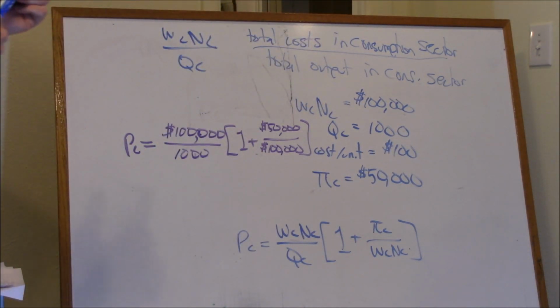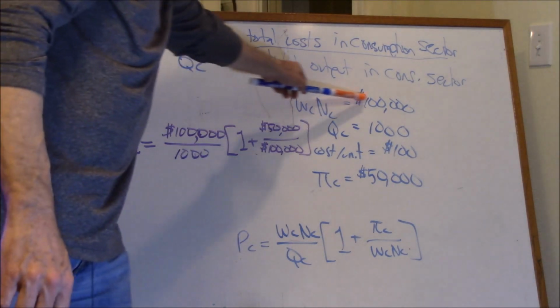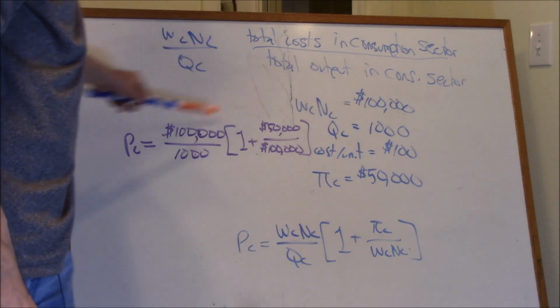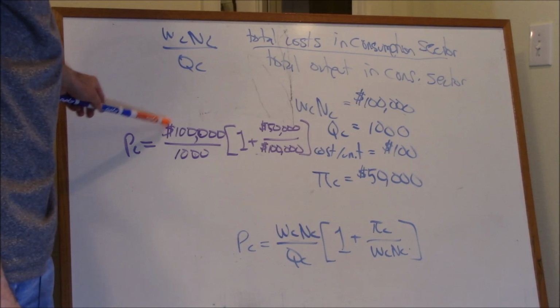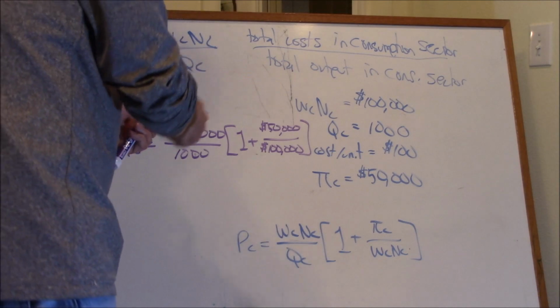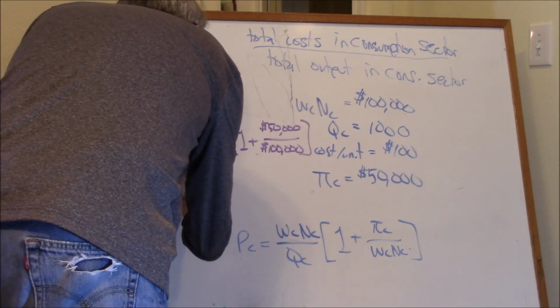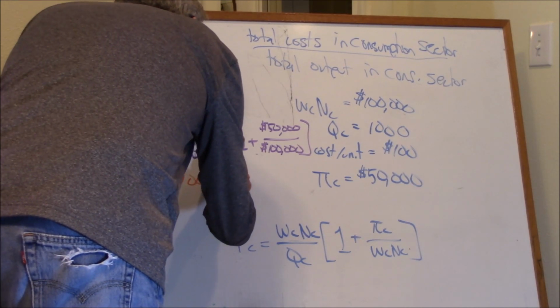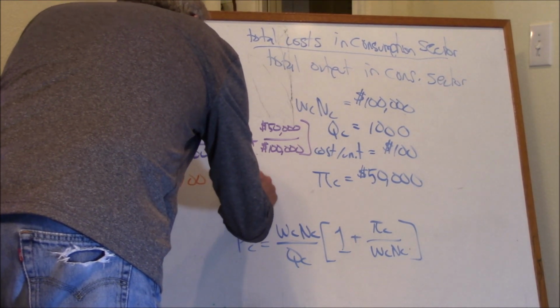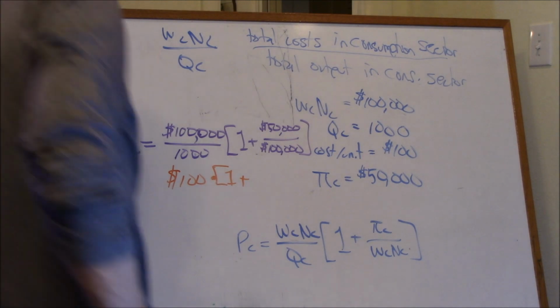WCNC is the total cost of production for all of the consumption goods that were produced. That's how much it cost them to produce all the stuff that they sold. That's how many things there were, 1,000 of them. So of course, as you know, that's going to reduce to, as we already know, $100 times 1 plus. All right, and they were targeting 50,000. So let's just say they achieved their target. Then what that number ends up being is